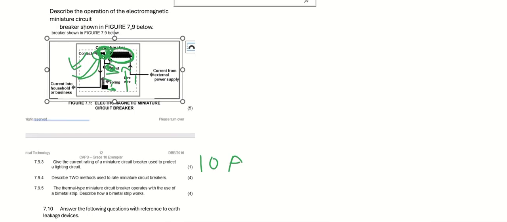So going back to the circuit and explaining it perfectly fine now. The contacts that keep the circuit closed are held by a latch. These are the contacts.